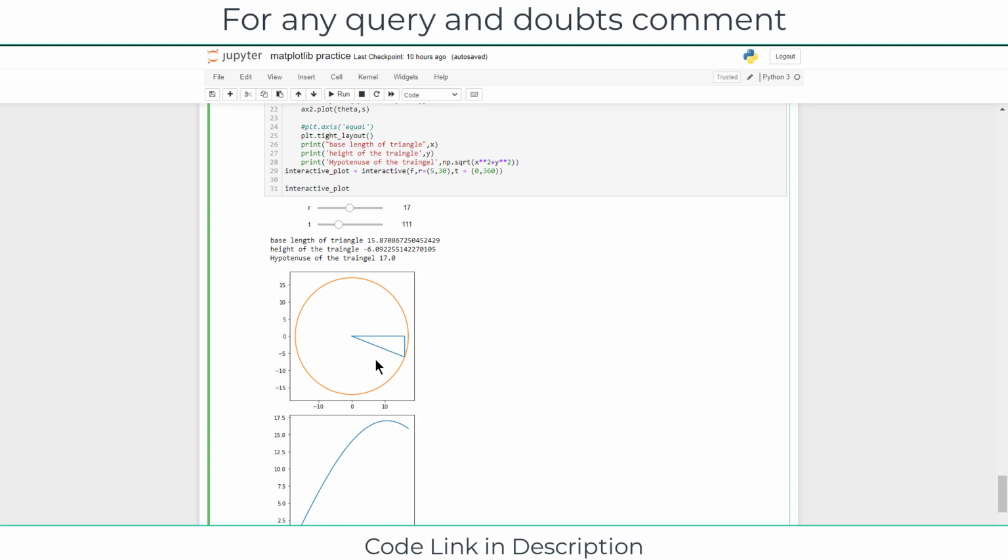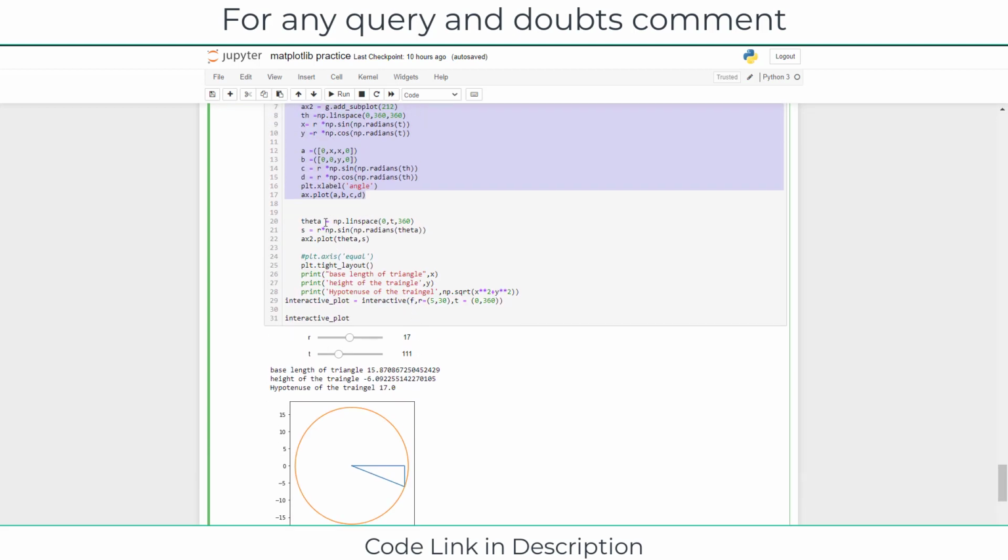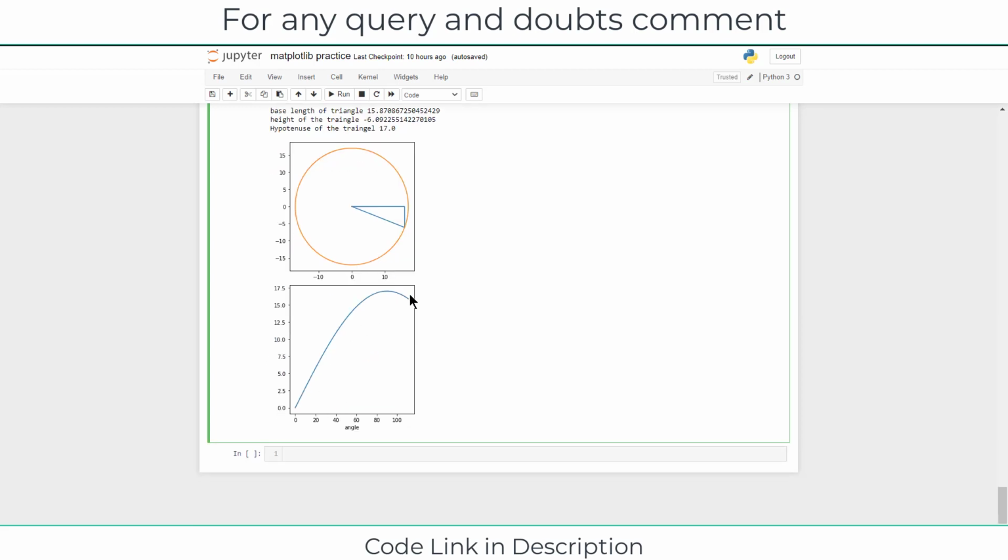So this is the first graph. Now let's talk about the sine graph. For the sine graph, I have defined theta as np.linspace from 0 to t, where t goes up to 360 degrees. t is defined by this slider. What does it mean? It starts from 0 and goes up to the value defined by our slider,